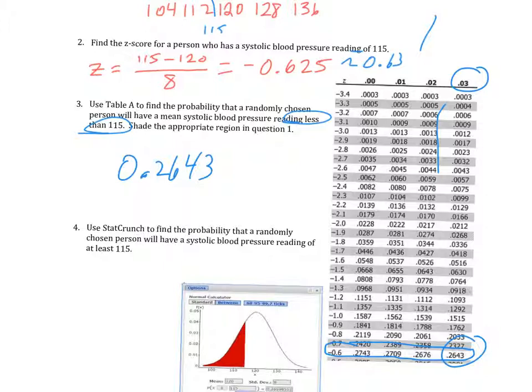Okay, the second way to do this is just to have StatCrunch compute it for you. So if you go into Mini-tab and then select